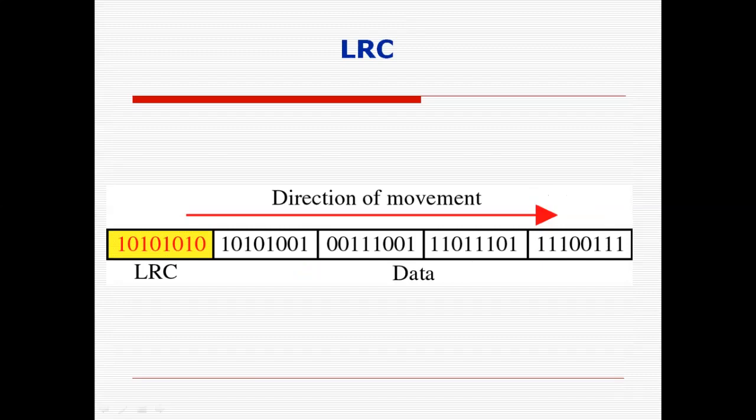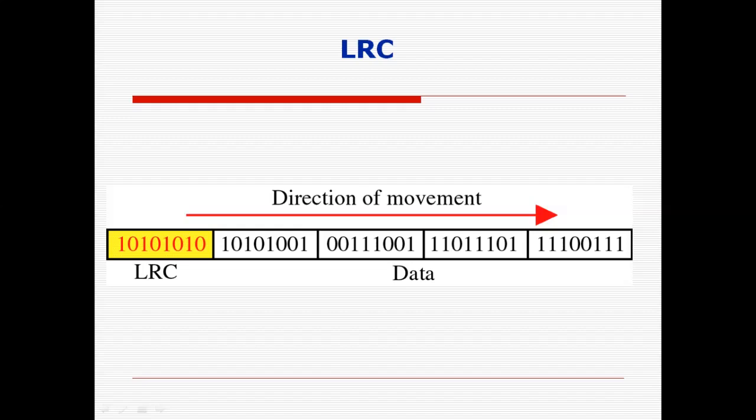It means if we pass this to even parity, the bits are already even, so your parity bit is equal to 0. Now take the second position from each block, again 1. Now here 0, so again 0, and again 0. So we have 3 zeros and one 1. It means only one 1 is there, so we will add 1 so that the complete data will be in even parity.